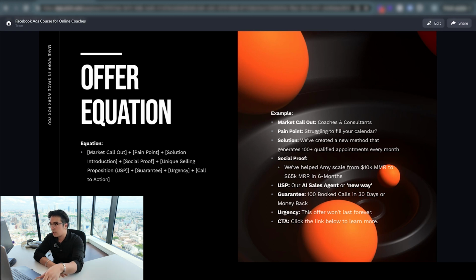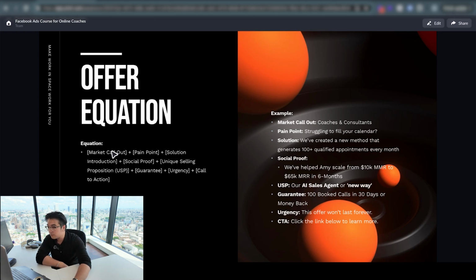If you've noticed a lot of coaching offers out there, in regards to their ads and also their ad copy, they have an offer equation. Typically, this goes way beyond $100 Million Offers, definitely a great book to start. But if you analyze a lot of the coaches in this space that have any good offers, this is the equation that they typically follow.